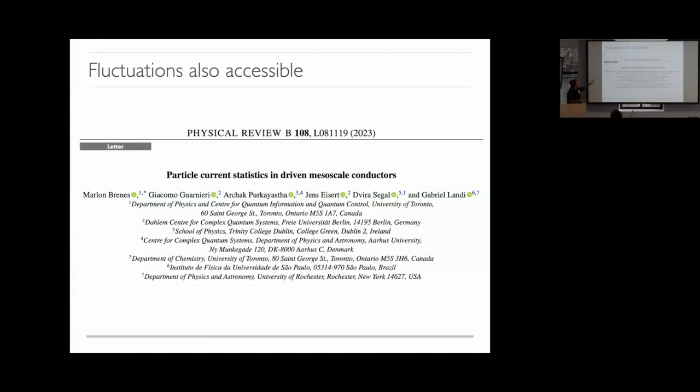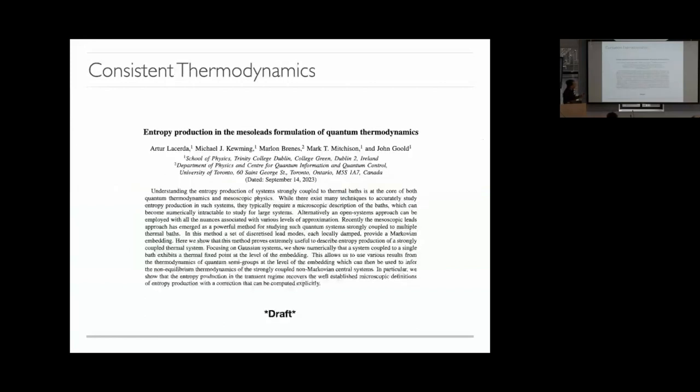Gerald, this is the paper in which we show that the 2-point correlation functions are also well captured. Basically, what we do is some full counting statistics. I don't know if you're familiar with that. That gives you basically all the moments of the particle current distributions and all the heat distributions, and everything is thermodynamically consistent, which is something that we really care about because we do thermodynamics. We also look at the entropy production to make sure that everything is consistent with this framework at the level of the appropriate thermodynamics. This is unpublished, but it'll come soon.